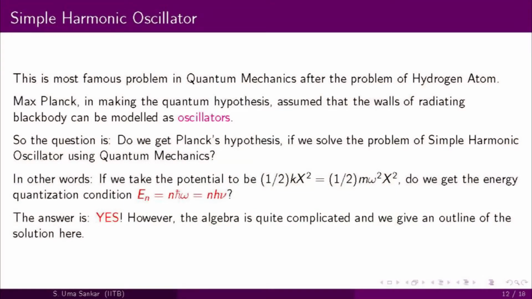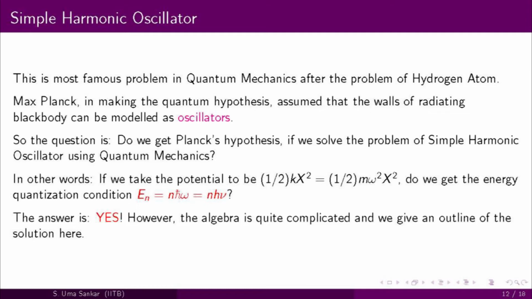So, quantum mechanically speaking, an oscillator should have energy levels given in terms of h nu. So, now the question is, if we try to solve Schrodinger's equation using harmonic oscillator potential, do we get the quantization condition En is equal to n h bar omega or n h nu? The answer is yes,